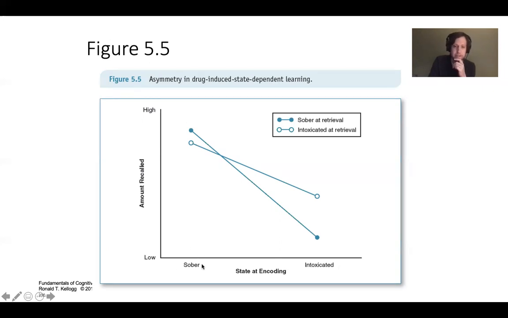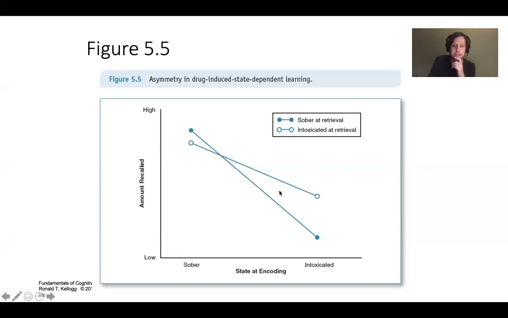So first thing, you notice that when you're sober, you are most accurate in this task. When you're sober at encoding, you are going to have more success in this task when you are also sober at retrieval. And you can see that by the relative position of the dark circle relative to the light circle. This one's taller than this one. So if you're sober at encoding, the best strategy, which doesn't seem surprising to me, is to also be sober at retrieval. In general, sober is the best strategy.